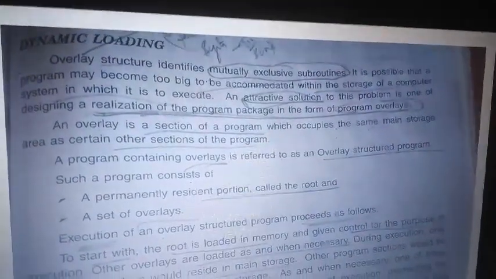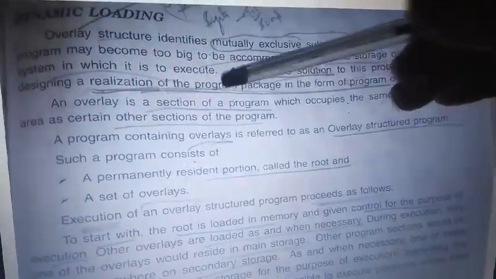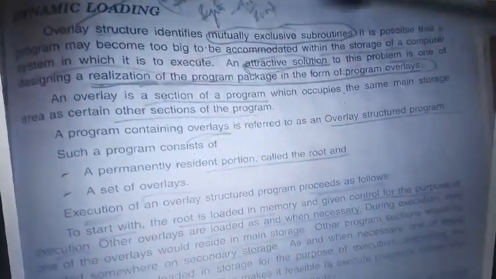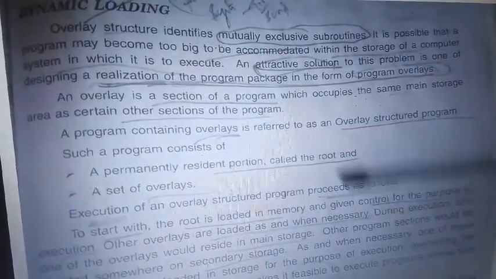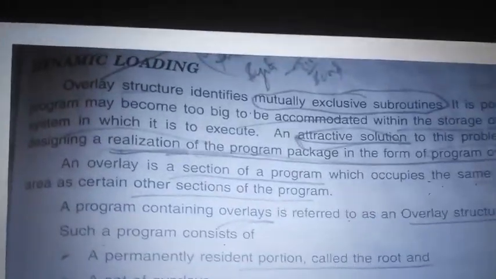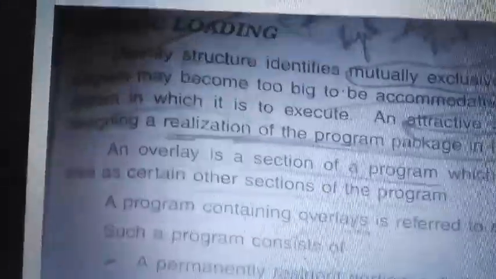So here you have a very small area where you load one program. After execution, you call another program, then you erase this and rewrite in the same memory. So one large program can run in a very small area. Overlay we already discussed in your operating system, which gives the mechanism called mutual exclusion. Whatever you want, load to the main memory, execute, after that remove, again load the other. So I require only small memory. Instead of loading all in memory, I can run in a small one. That is mutual exclusion. One is executing, then the other cannot enter. That property can be developed using the overlay structure.